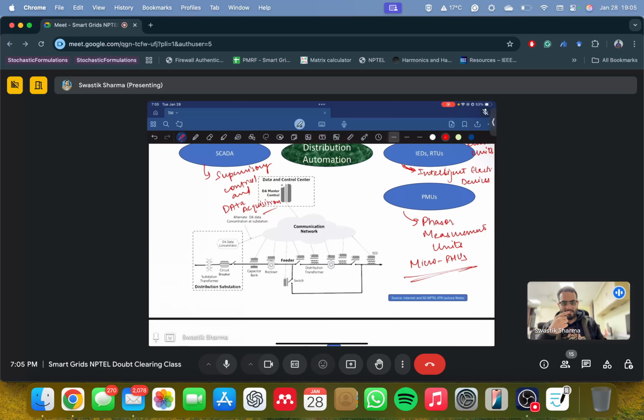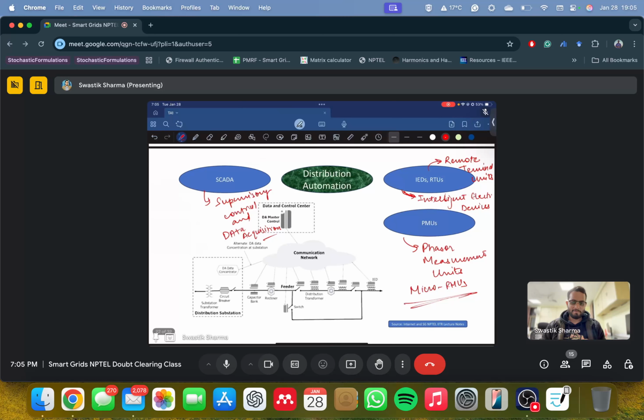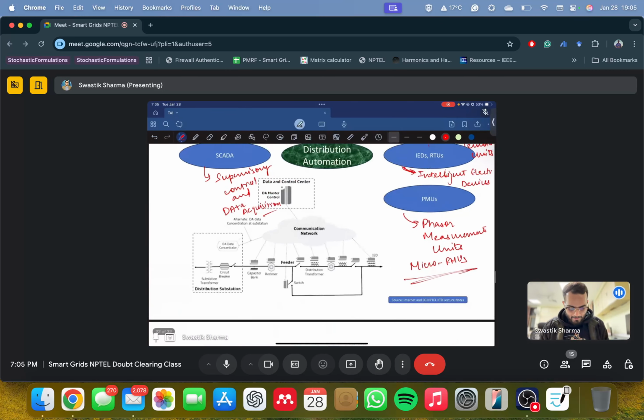This is a very nice, interesting discussion as well, because I never thought of it this way. When you have bookish knowledge and theoretical knowledge, you just use it as a fact, because I have never seen an RTU. How will I know it's not better than a PMU? You've seen everything, so you will know better. But that's a very interesting thing to learn, and I'll get back to you for sure.